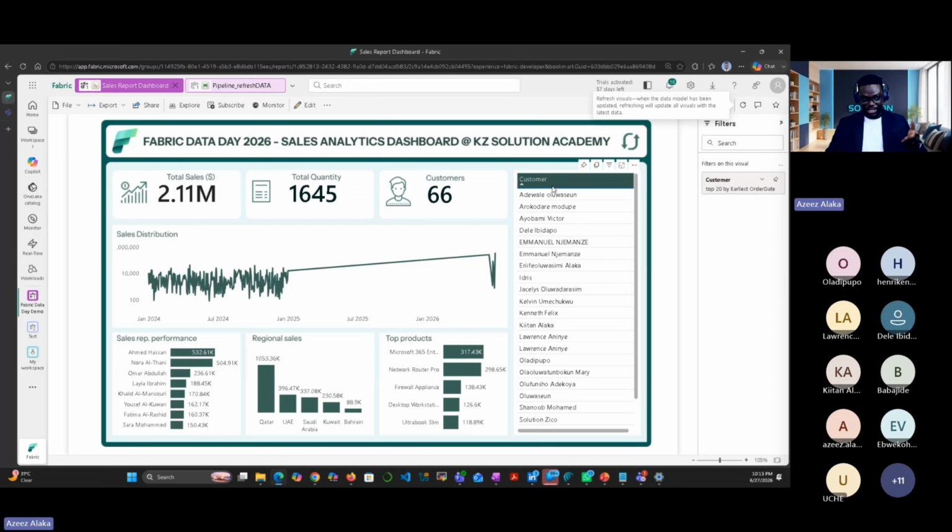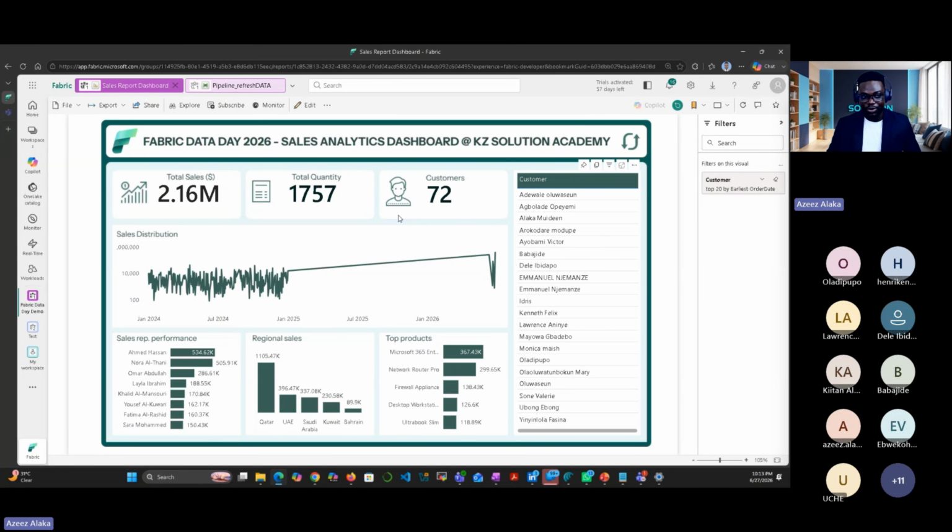All right. So this is what we had the other time. Let me refresh the dashboard and let's see if a new person has been added. Oh, now we have 72. Can you see how it works? We had 66 before. Now we have 72. You see, it is running by itself. The pipeline is running by itself. No interaction, no manual process. You fill the form and you're able to get this.